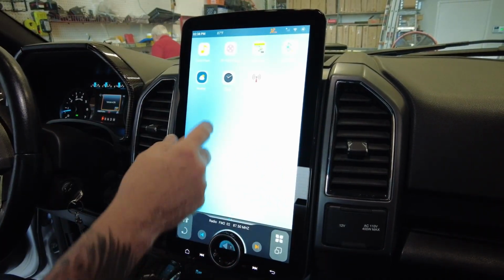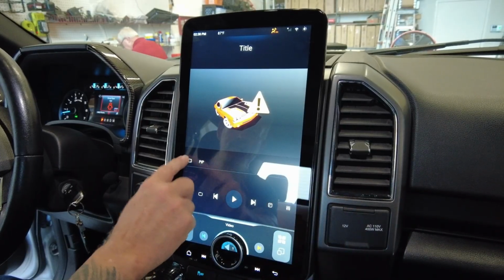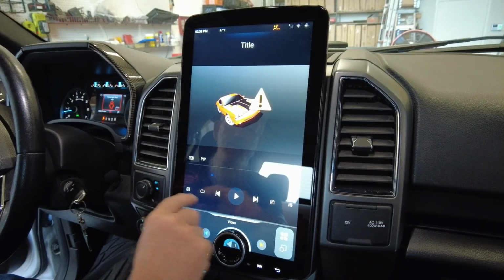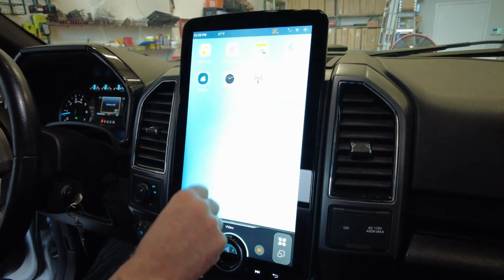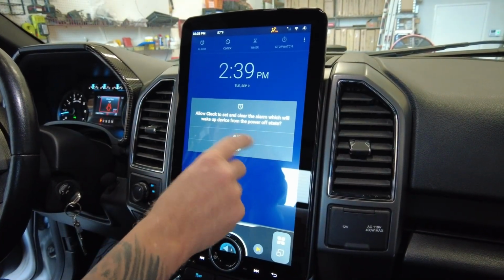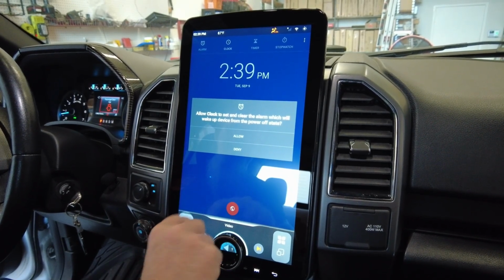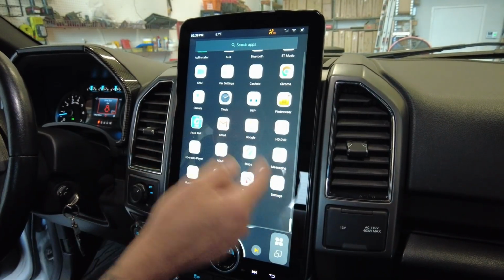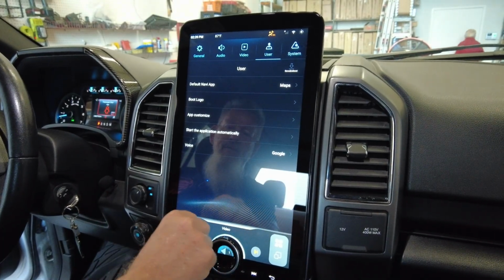But there's a lot of things on this. You could watch movies. Let's see if they have one installed. They don't have one installed. There's that. You can go to your clock. I don't know what that is. But there's quite a few features on here. Everything you basically need is going to be here or in your settings. You also have